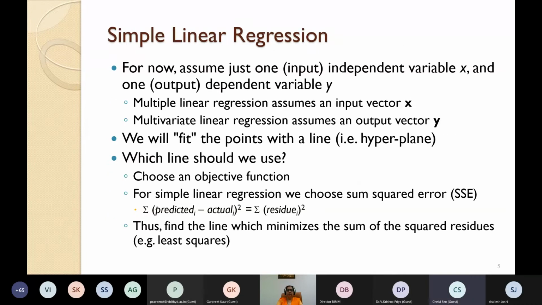So again, I will not give much more time to simple linear regression, which I believe you must have read yesterday. In this, we are assuming one input variable and one output variable, or the dependent variable, and multiple linear regression assumes an input vector x